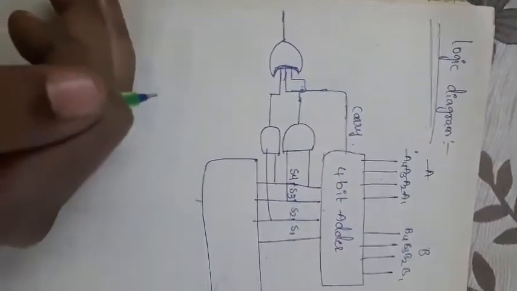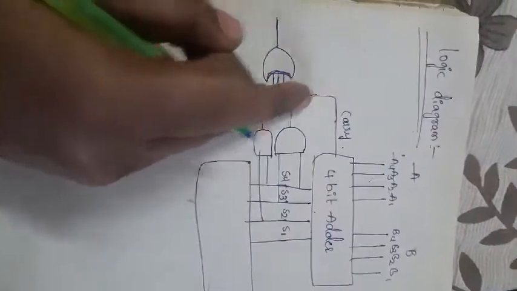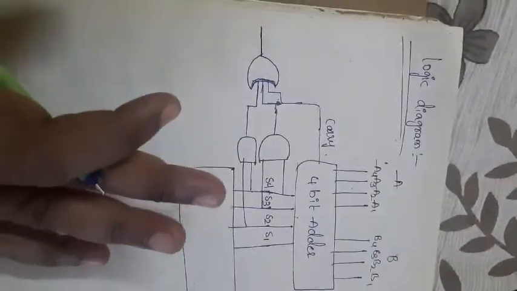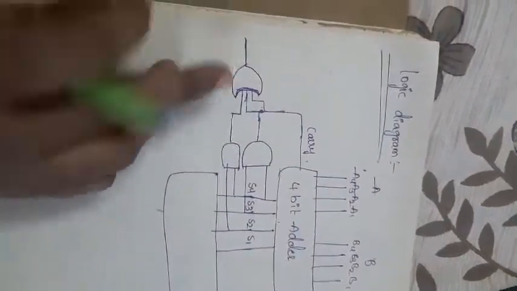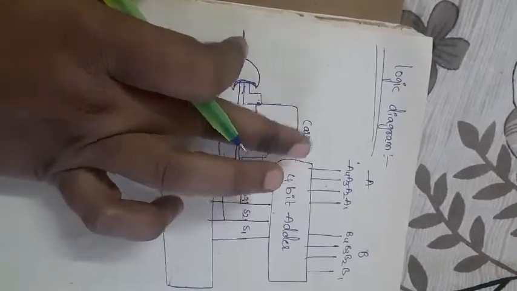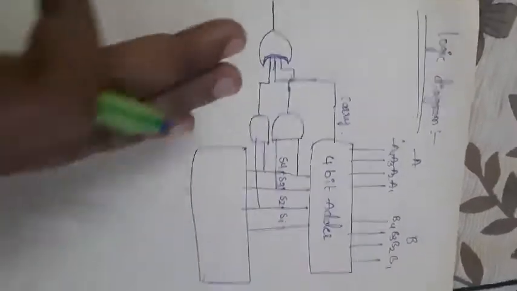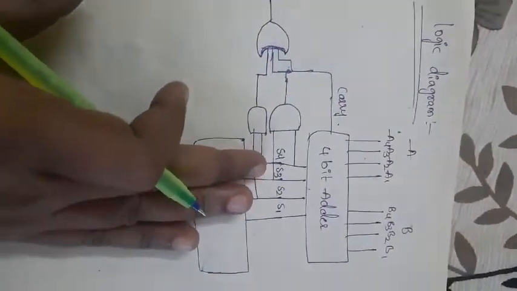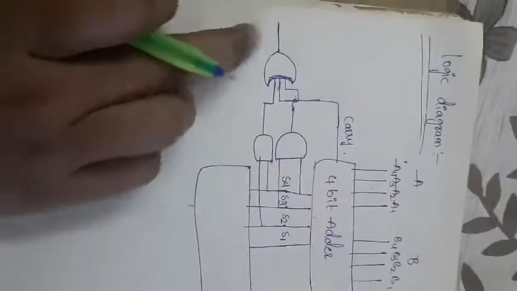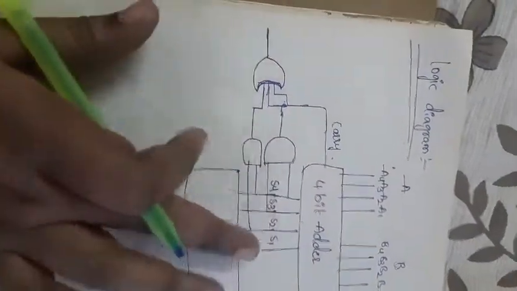So for detecting those errors, we need to connect this carry to this logic. That is the major point I am connecting. Why I am connecting carry here is to detect the errors when exceeding 9 and when creating the carry. That's why this carry is connected to this logic. After that, if any carry is generated or greater than 9 is exceeded, then directly we can say that 6 is added to this number.